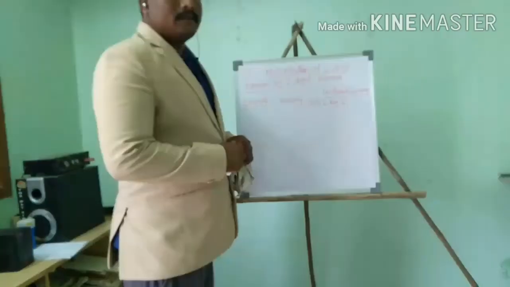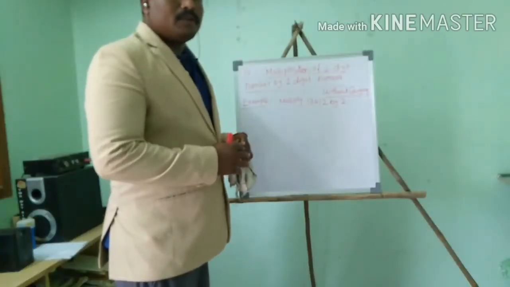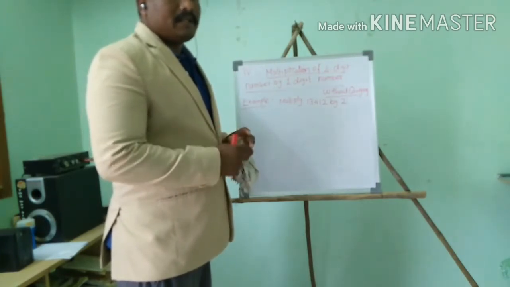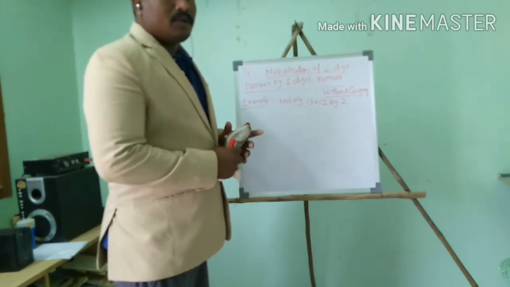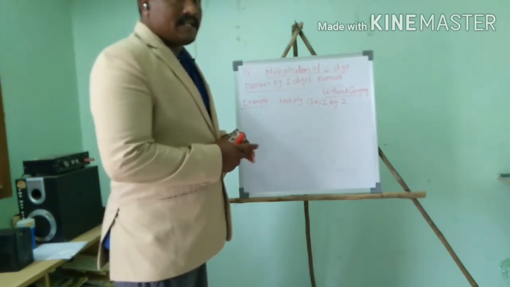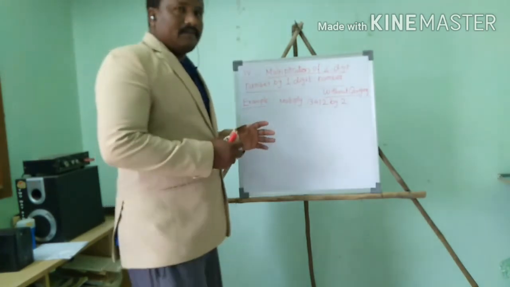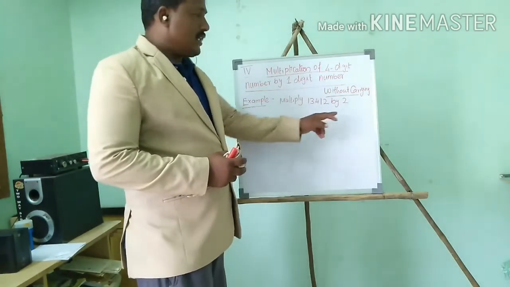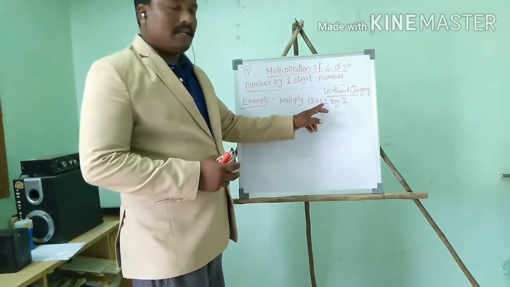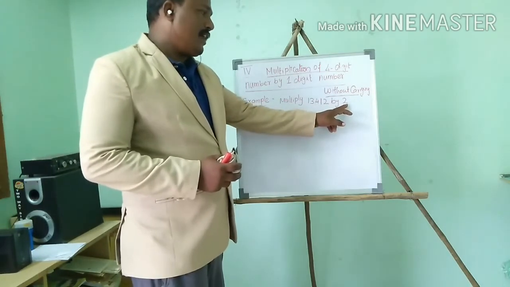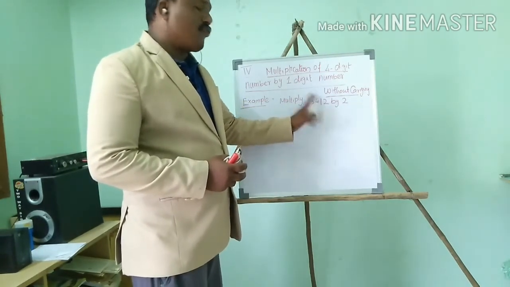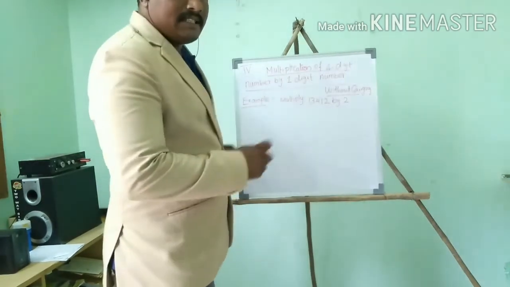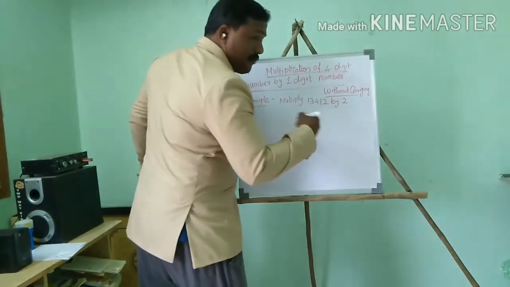Okay students, now I am going to do one multiplication sum. I'm going to multiply a one-digit number without carrying. So listen carefully, then only you can understand the multiplication sum. It's a very easy sum. First I will take the number 13,412 by 2. It's a one-digit number and this is a 5-digit number. I am going to multiply 13,412 by 2. First you take and arrange the number as per the place value chart.